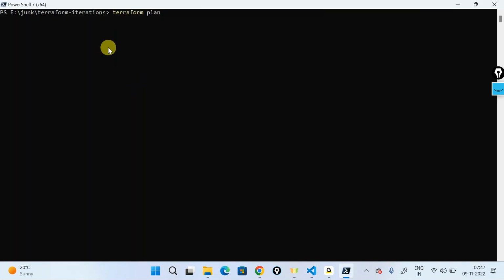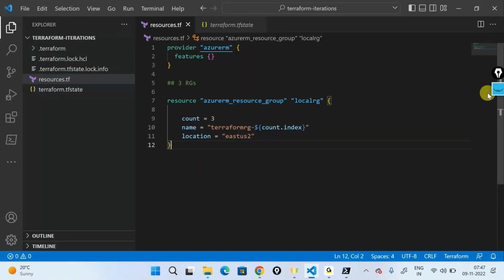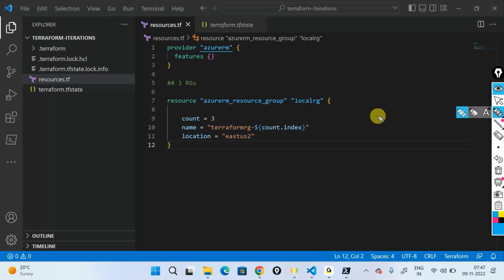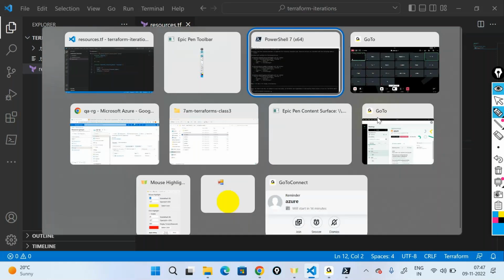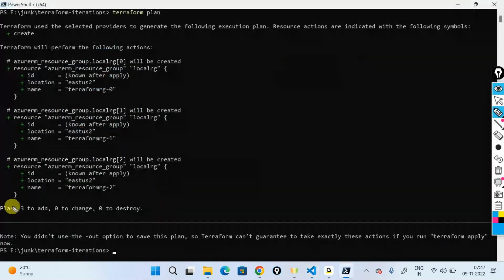We'll allow it some time, and it should go ahead and tell us the resource group here. And if you see this, it's 3 to add. Okay, it's just 3 to add here. 3 to add, 0 to change, and 0 to destroy. And if I just scroll up,